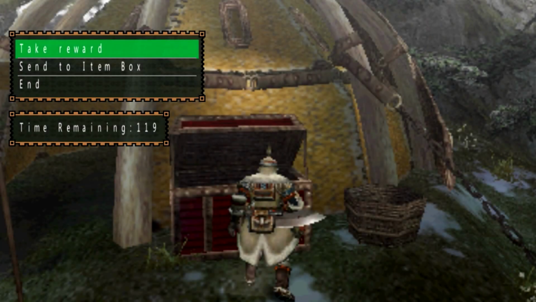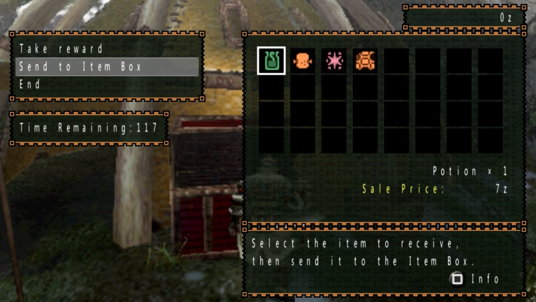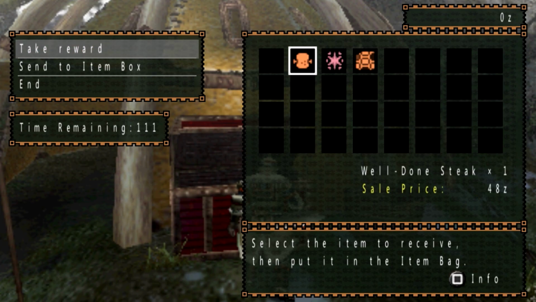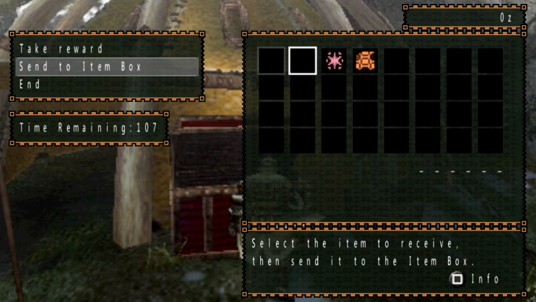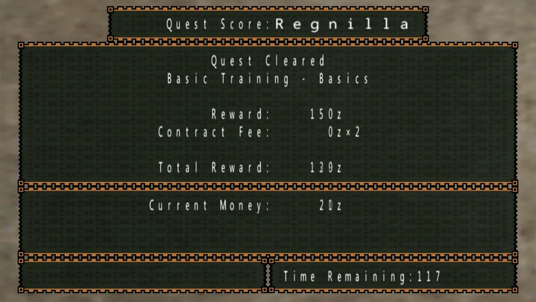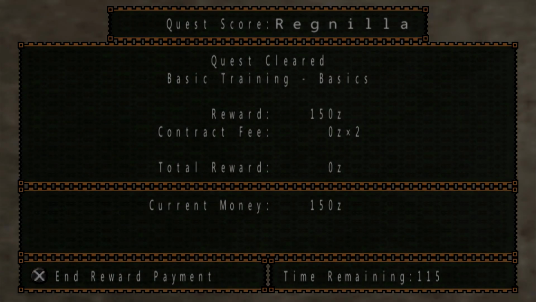But anyways, that is the very first quest, and we get some reward items. But what you want to do with a lot of reward items is, you can take them with you, but better yet, throw them in your item box. So I just took those two items because one was a potion which I can use, and well done steak